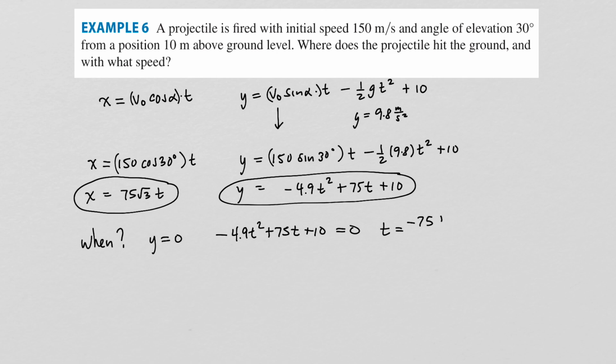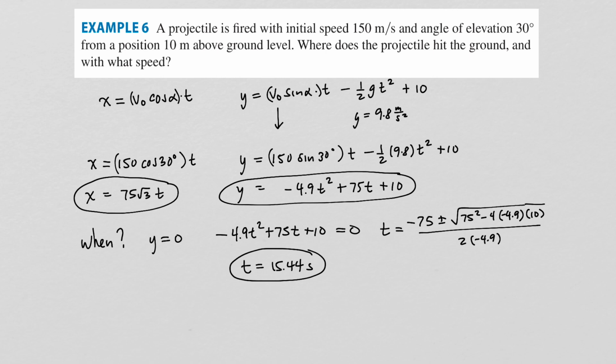So negative 75 plus or minus the square root of 75 squared minus 4 times negative 4.9 times 10, all divided by 2 times negative 4.9. This will produce two values of t. One value is going to be negative and one value is going to be positive, and the positive value is 15.44. So this object is going to hit the ground 15.44 seconds